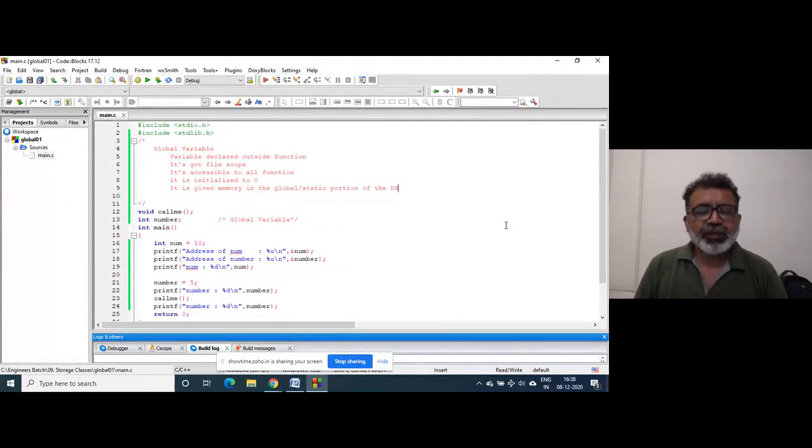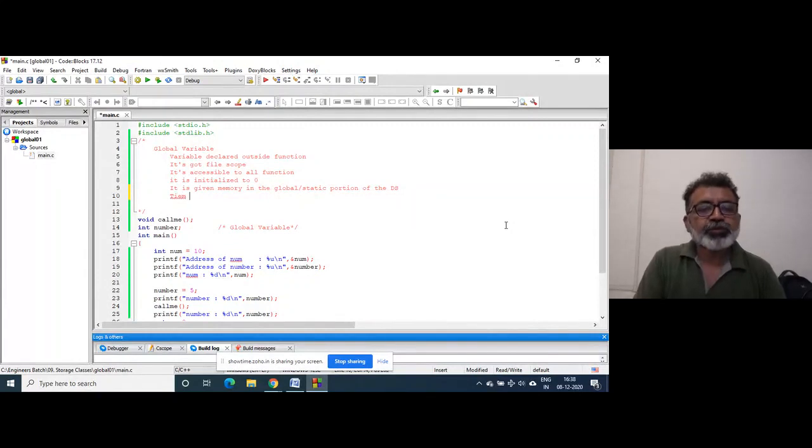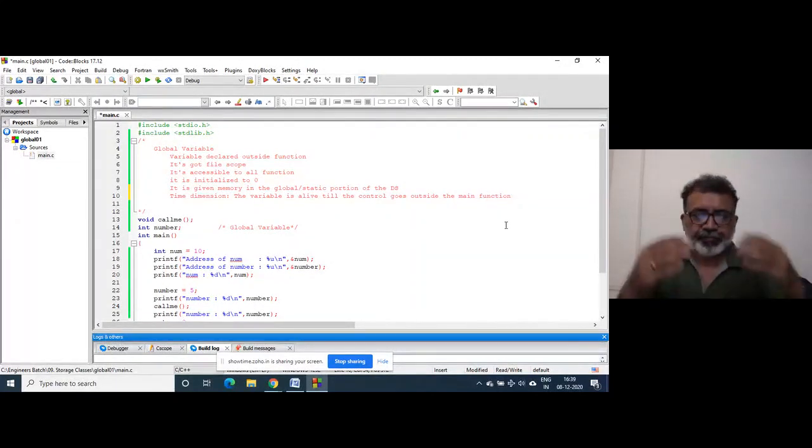Now, what is remaining? Time. The scope dimension we have discussed: the scope is accessible to all functions. Time dimension: the variable is alive till the control goes outside the main function, right?